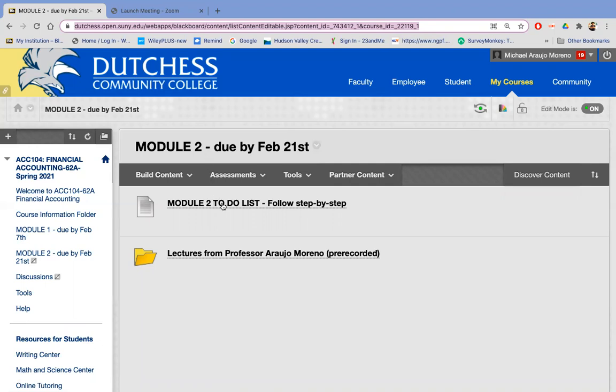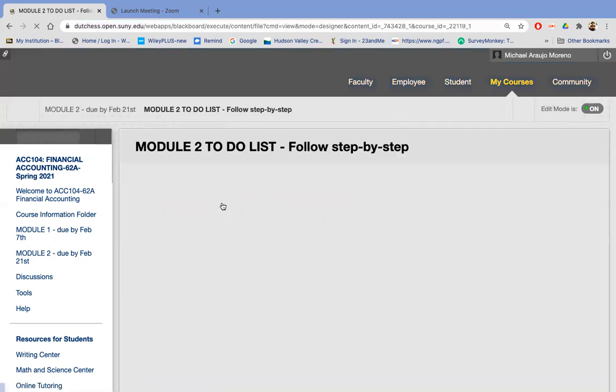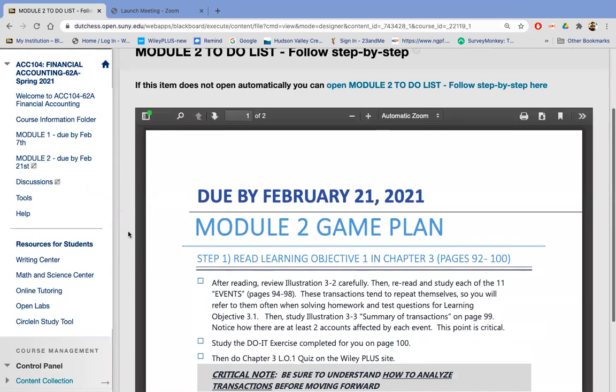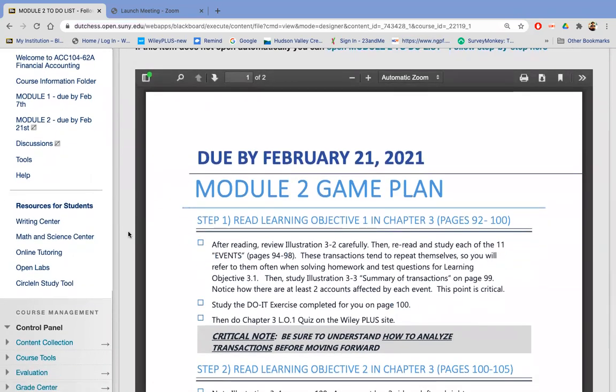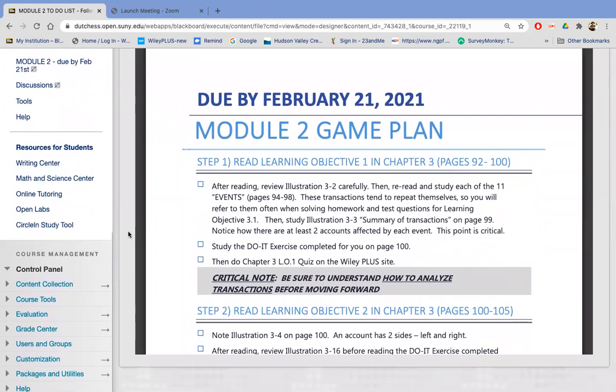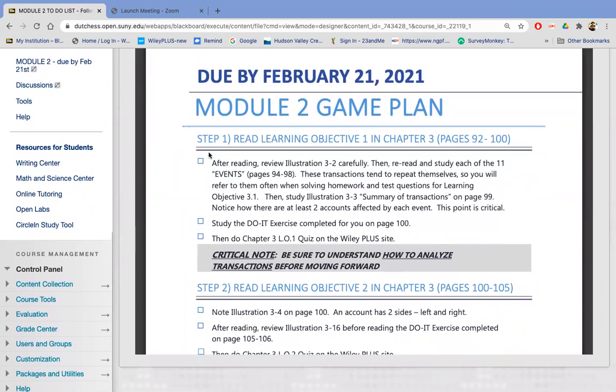You should always follow the to-do list step by step. Module 2 focuses on one chapter, Chapter 3. And the reason it does is because Chapter 3 is a very, very important chapter with a lot of work. The first thing you're going to be doing is learning and understanding in Learning Objective 1